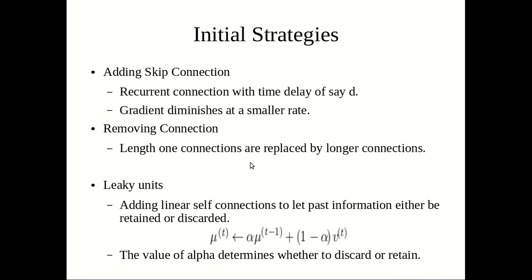So removing the connection and then replacing it with a longer connection. And yet another strategy proposed was that of the leaky units. In leaky units, in addition to the usual computations, there is an additional updation occurring at each cell. This is the accumulation of the learning which is obtained up until now. So mu t is the information that has been accumulated up until the time step t. Mu t minus 1 is the information that has been accumulated up until time t minus 1, and Vt is